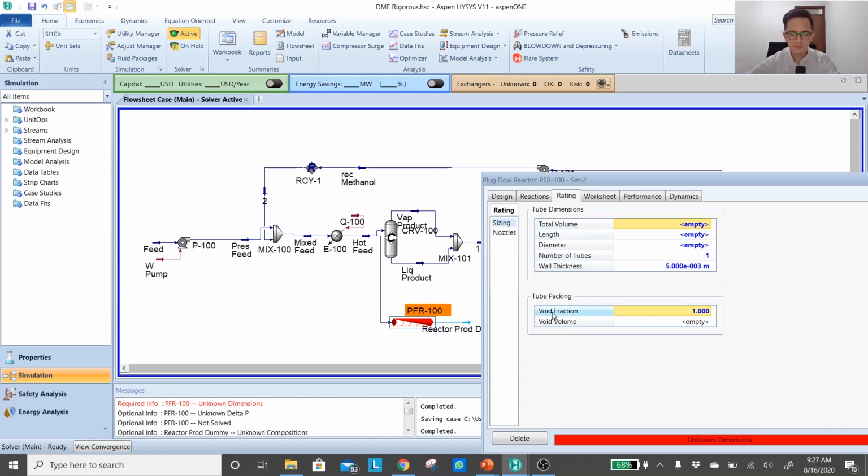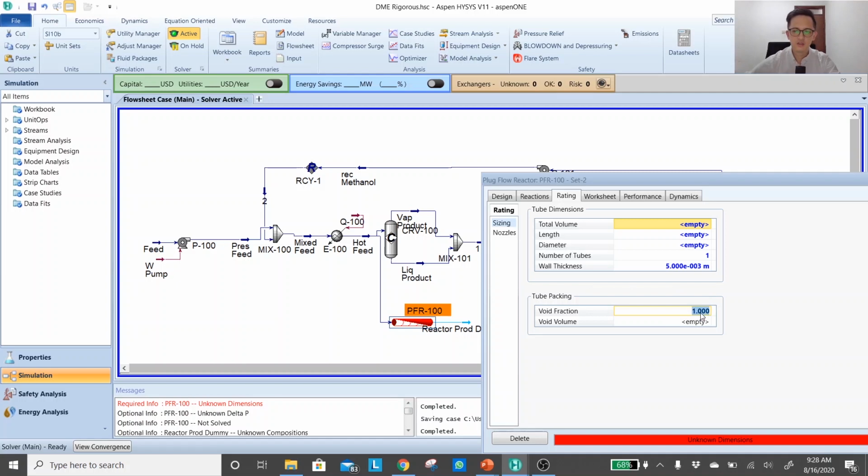For example, void fraction. This is very important. We have a plug flow reactor with a heterogeneous catalyst, so that's a fixed bed. That means the void fraction cannot be 1. When we choose a void fraction of 1, that means it's completely void. That means we don't have any catalyst inside of the reactor. So go back to your fluid mechanics course and check the range of the void fraction for a fixed bed.